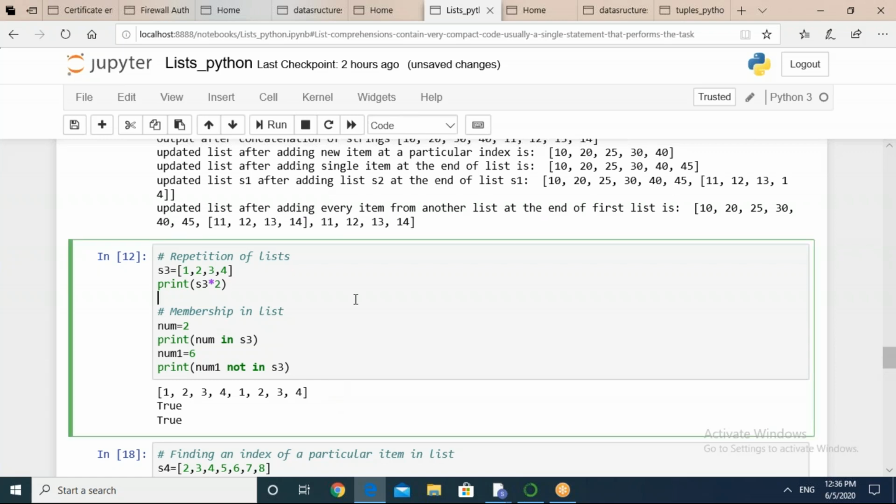I hope we have covered up to repetition of list and how we can go about checking the membership in list. As I said, this membership operator can be used in a for loop, as well as individually. In these two print commands, we check whether number 2 is available in the list or not. Similarly, if you want to check for not present, then we can make use of the not in operator to check whether a particular element is not there in the list. Accordingly, it will display true or false, the Boolean values.